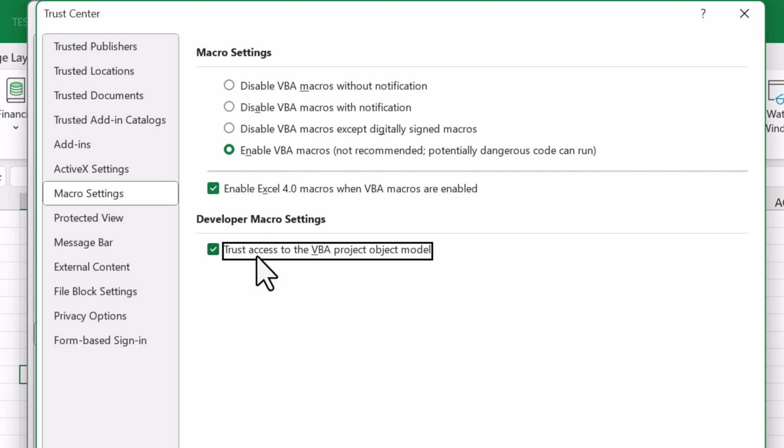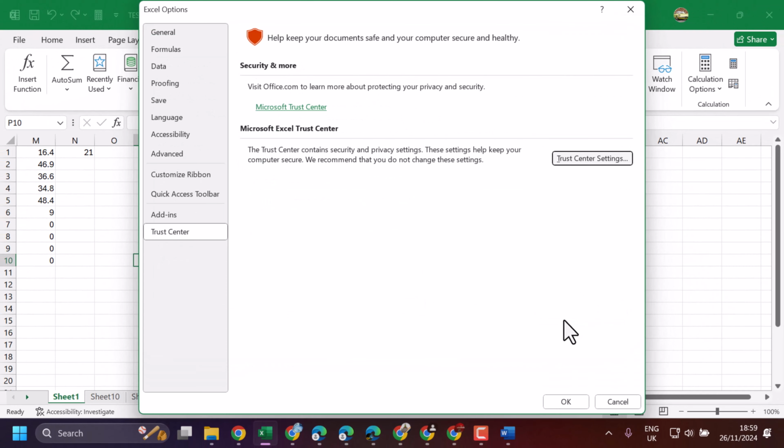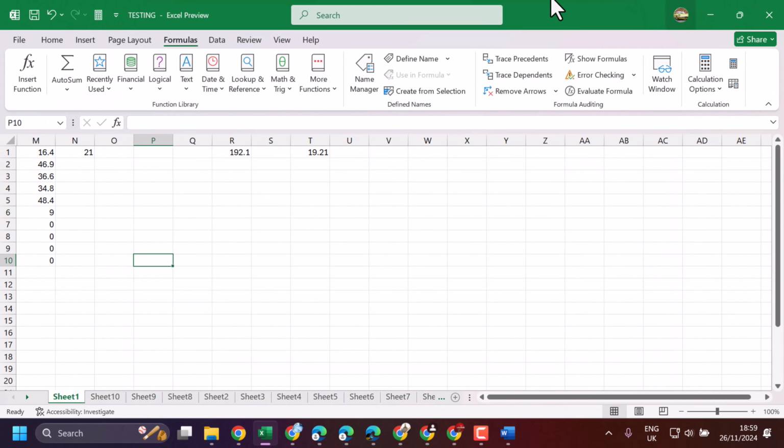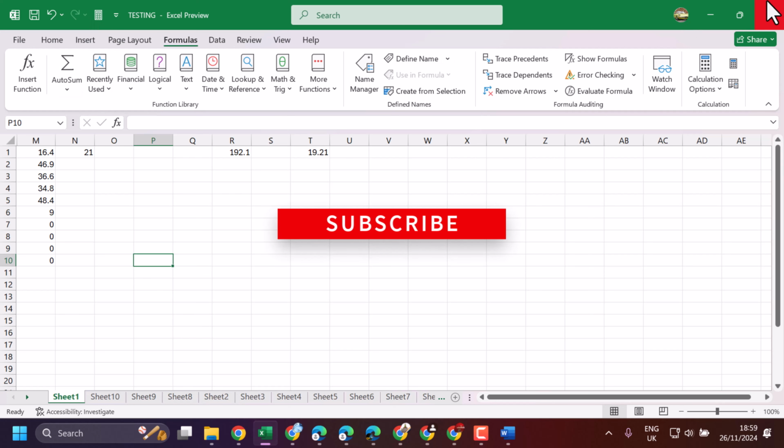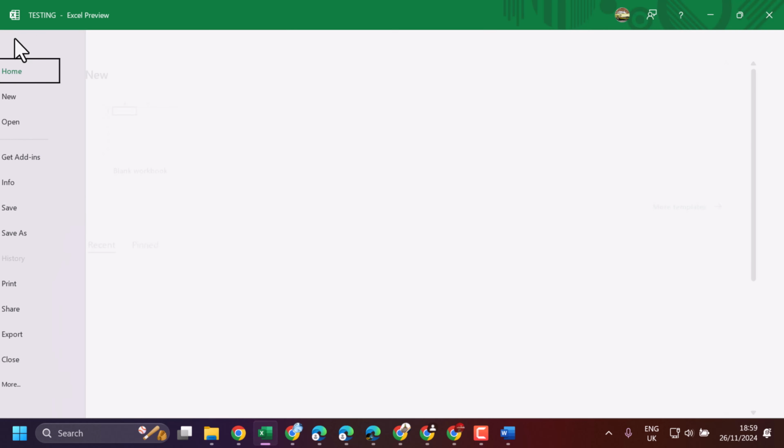Also you can trust access to the VBA project object model, and once you're done, here you have to click on OK. Now exit and reopen Excel. So this is the setting to enable macros in Microsoft Excel, and once you need to disable it, again same process,